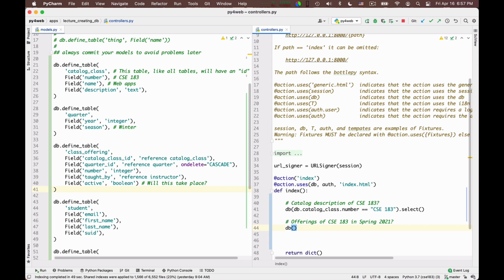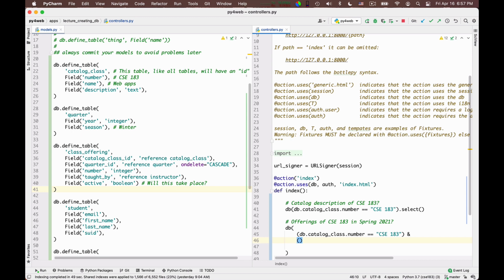So let us do it slowly. It will be a bigger query. So one thing is that I want the catalog class to be CSE 183. So I can actually copy this same condition. This will select the proper catalog class. And then here I say ampersand, which means and, and I will have another condition.